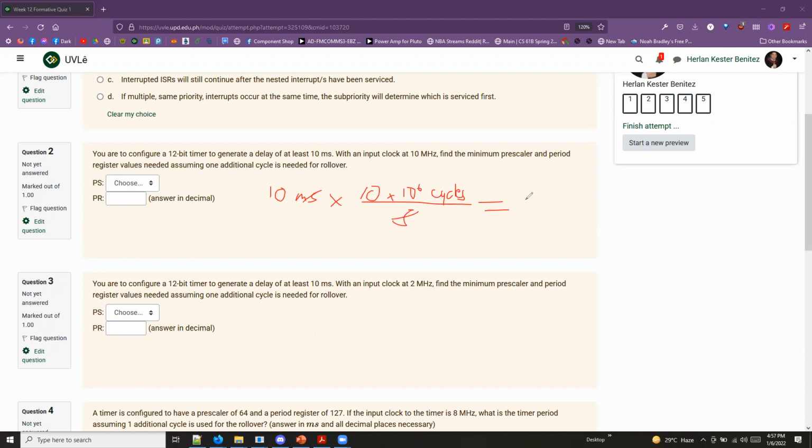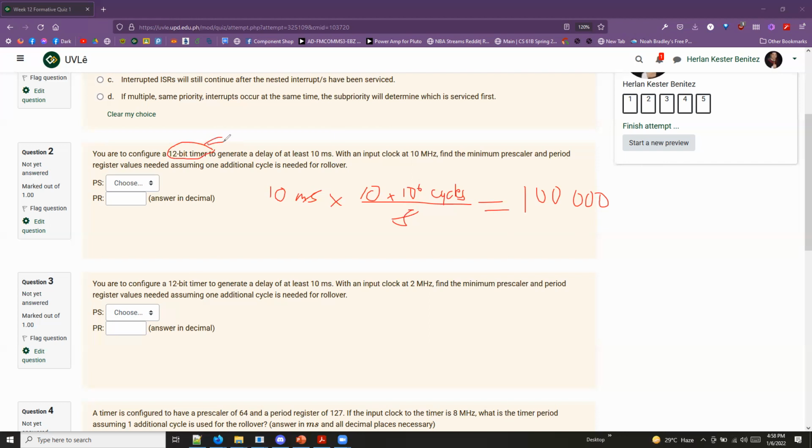Times 10 to the 6. So 10 to the negative 3 times 10 to the 6. That is 100,000. So, well, if we need to count 100,000 cycles and we only have a 12-bit timer,